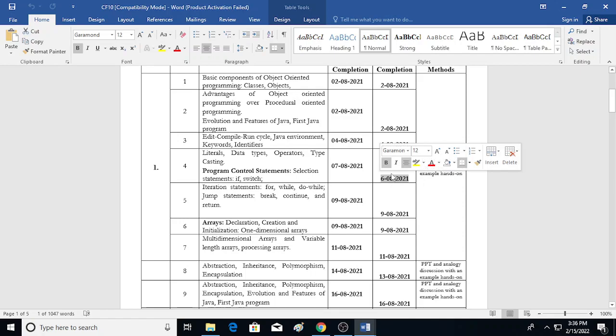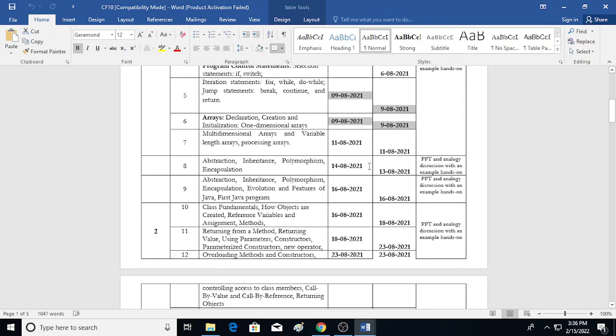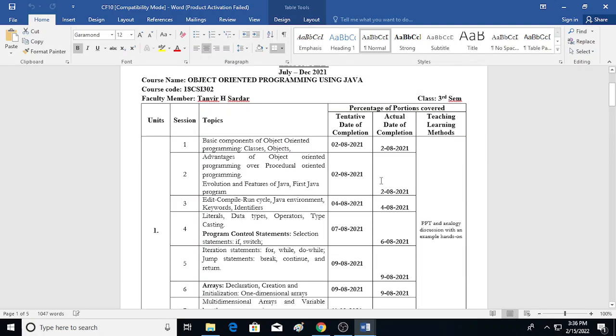So now this thing has been changed. On the 7th the faculty might have come and taken your class, so you have not taken the class on 7/8/2021. On the 9th you have taken the class as planned. On the 11th you have taken the class as planned. On the 14th also you have not taken the class, because you have taken the class one day prior. In this way you have to see what the